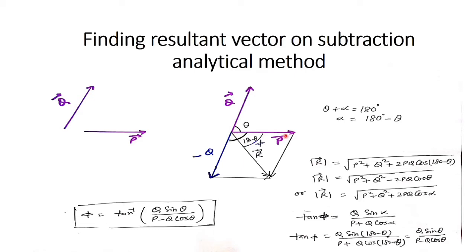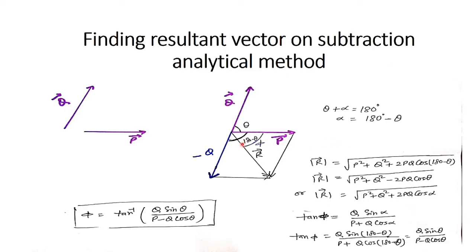As I have said, we have to use the same method again, either triangle law or parallelogram law, but we have to replace the vector whose negative value I want to take. That direction I have to check. In vectors, direction is very important and you need to be very careful, because if you write the magnitude correctly but do not make the diagram correctly, then of course 50% of your marks will get deducted. So you have to be very alert about the direction.